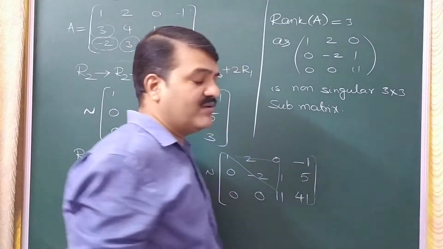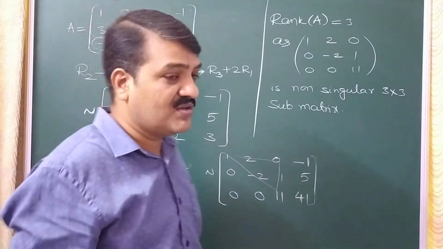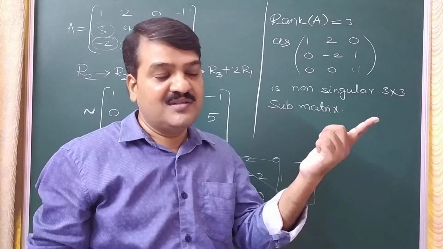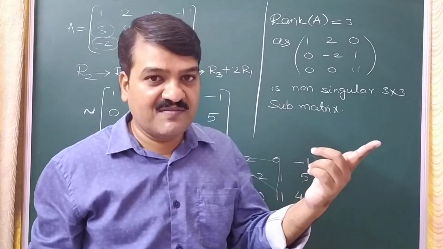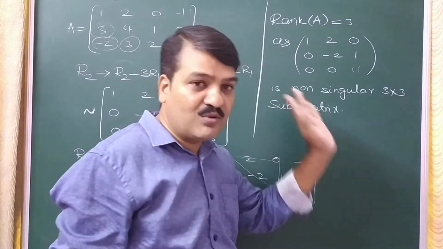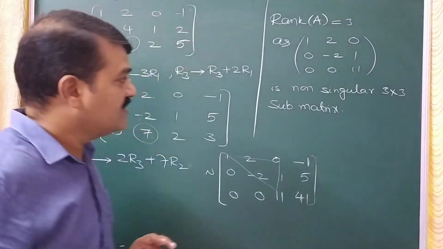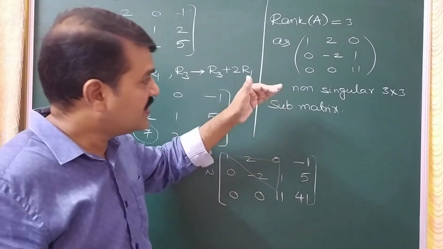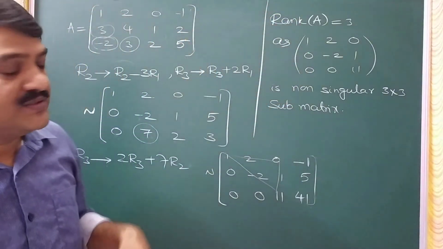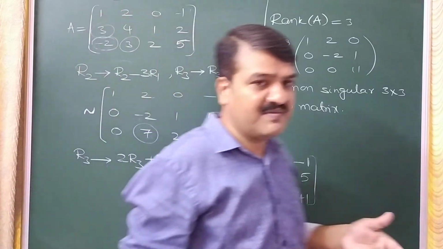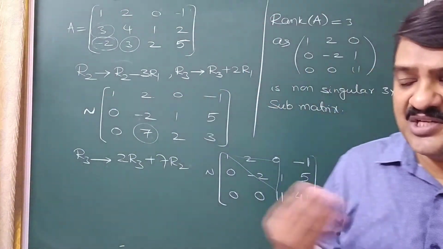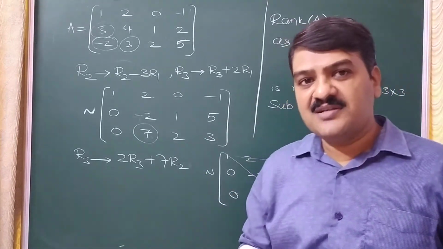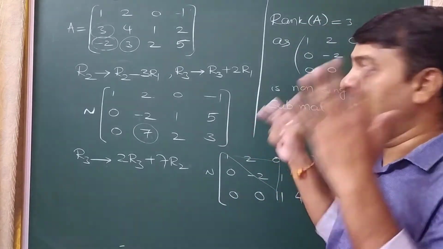So in the last video itself, I discussed the definition of rank of a matrix. If you did not see that video, first you see that video in which I explained the definition of rank. Now we are going to discuss how to find the rank in this video. So since this is a 3 by 3 non-singular matrix, definitely rank is going to be 3. So this is a simple process. Whenever you have higher order matrices like 3 cross 3, 3 cross 4, 4 cross 4, then elementary transformations are very useful to find the rank.